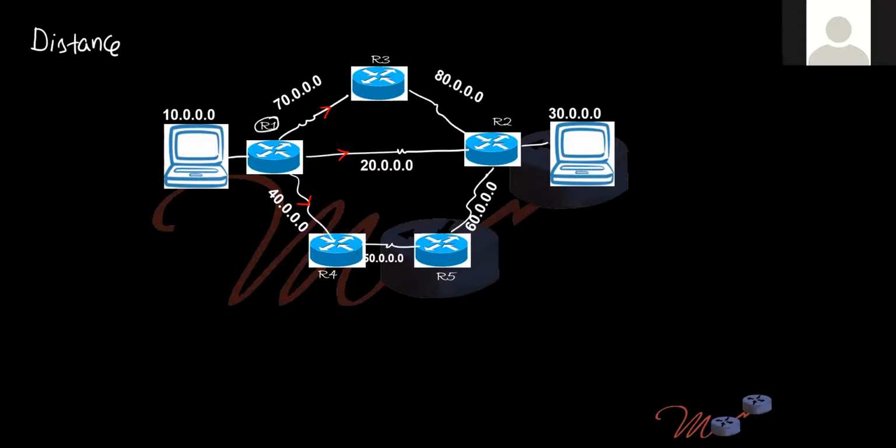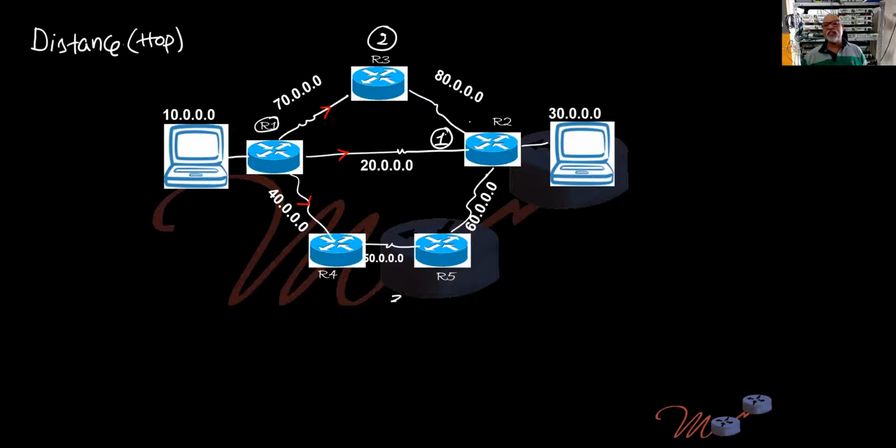In terms of hop count, each router you cross, it's a hop, right? Yes, what you said is correct. If you go this side, it's one router I have to cross, one hop. This side, 2 hops. This side, 3 hops. So one hop path is better if I take distance.